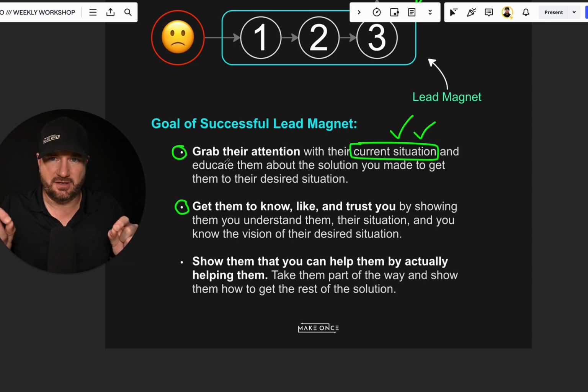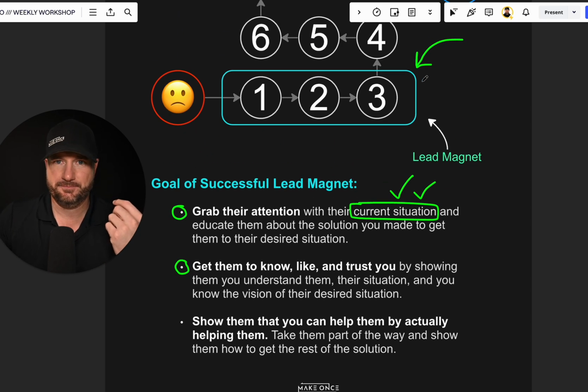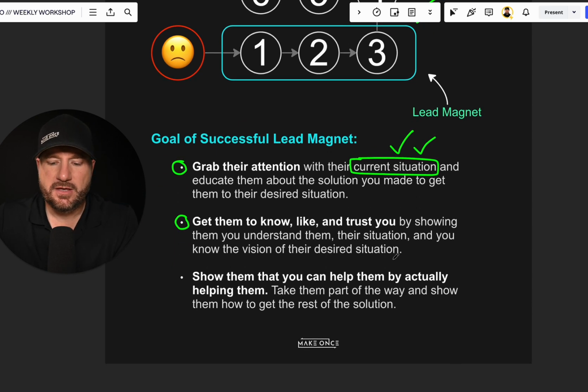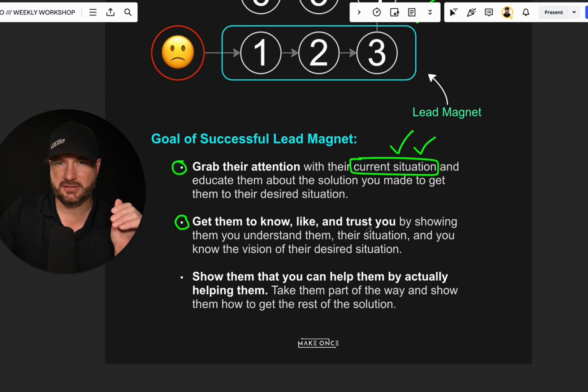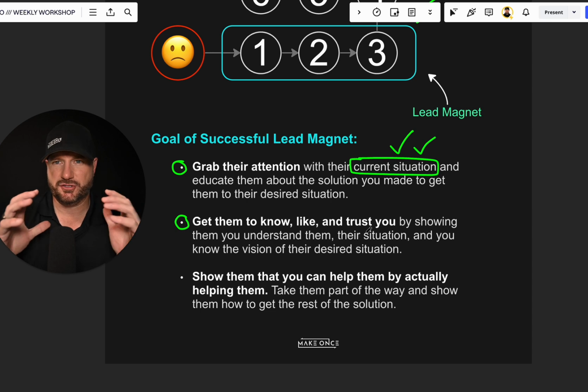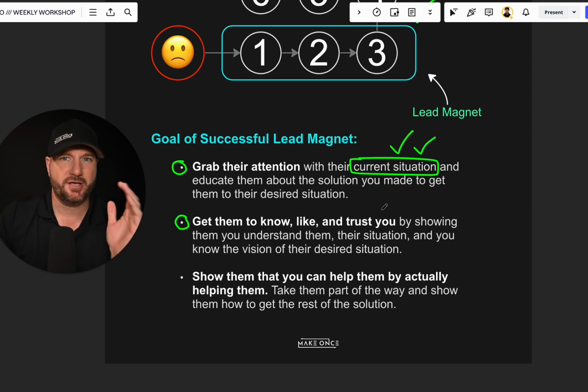And the hook in this case is not an actual metal hook like when we're fishing, but it is this lead magnet, right? So you show them that you understand them and they start to like you and know you because you are talking directly to their pain. You are talking directly to the thing that they're trying to solve. And then they will start to trust you when you can paint the picture and the vision of what they're trying to get to,